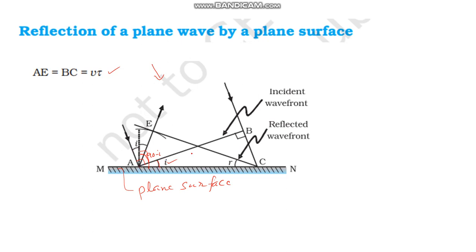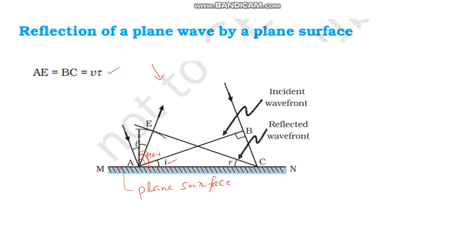So here this BC is Vt, right? And these light rays are reflecting backwards. So taking radius as Vt, we will construct a sphere. We are trying to create a wavefront using the Huygens principle. We have considered here only two light rays, but there can be an infinite number of light rays. So you can take this point C and draw a tangent. You can connect these two points.